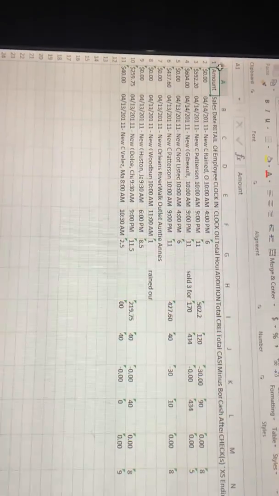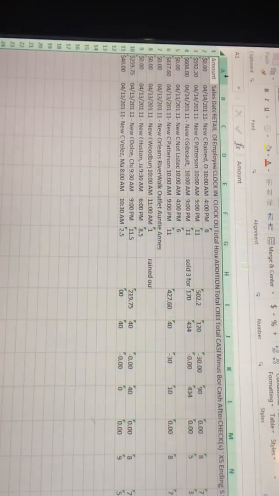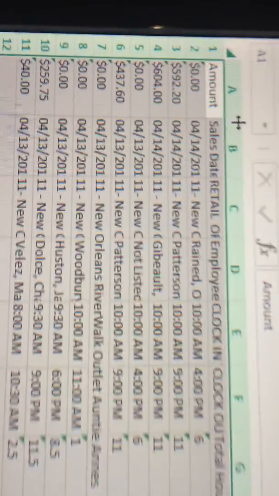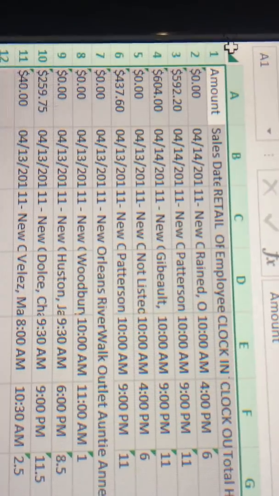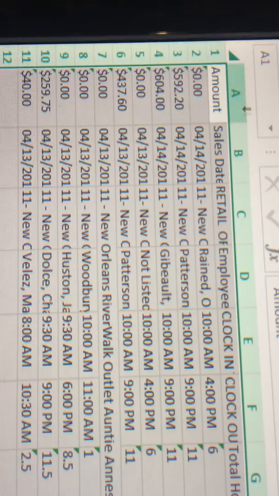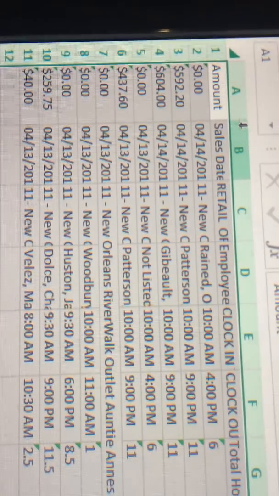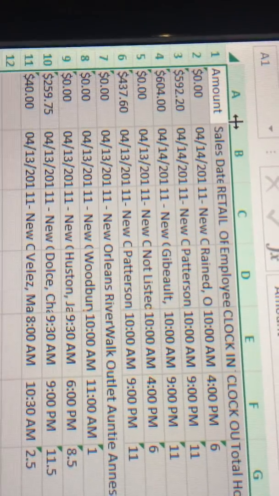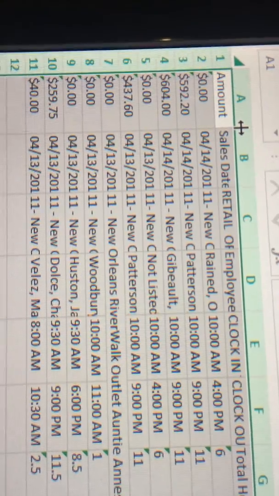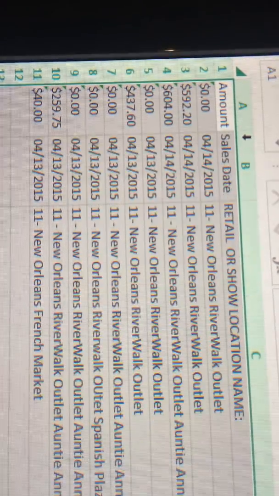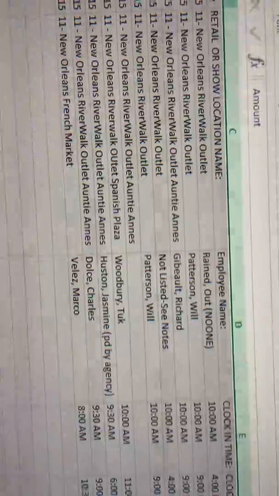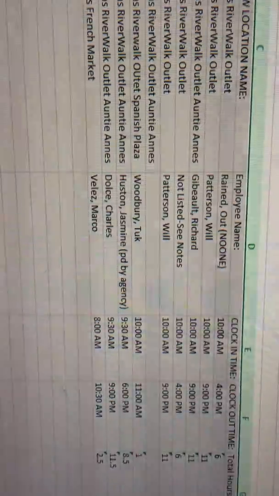The first thing that we're going to do is go over to the very corner in the top, and we are going to highlight by clicking that button there. You see the corner, and see how the cursor changes. We're going to move it to right there between A and B, and we're going to double click. What that does is put all of the columns at the appropriate widths